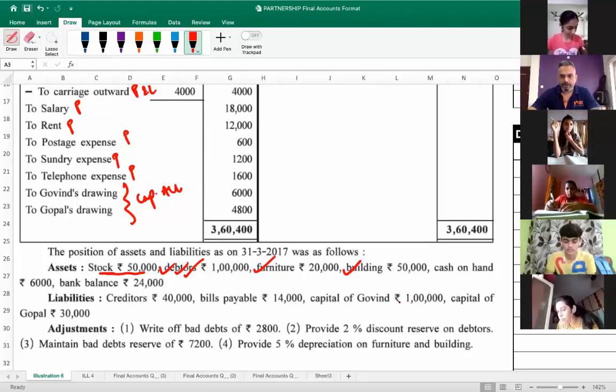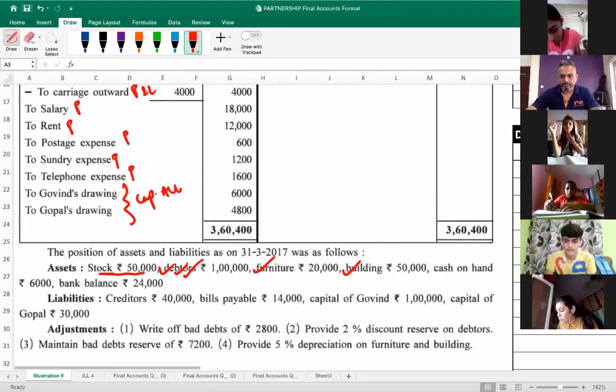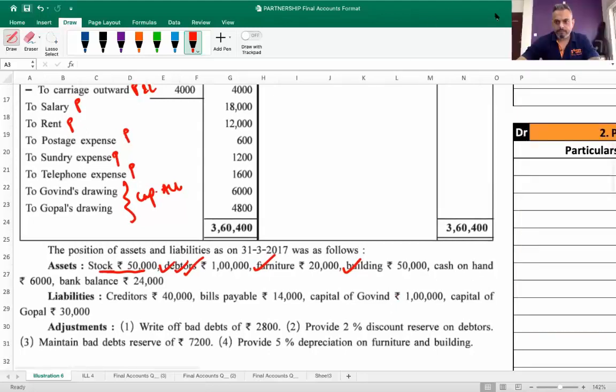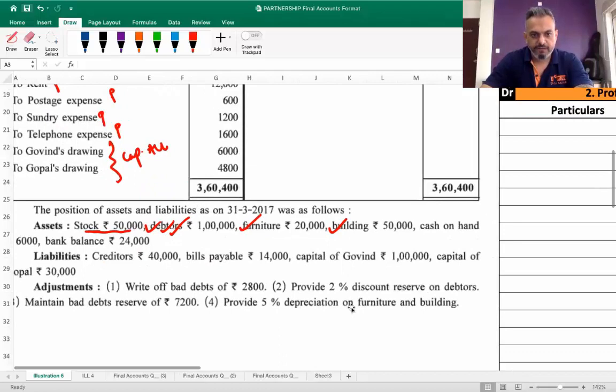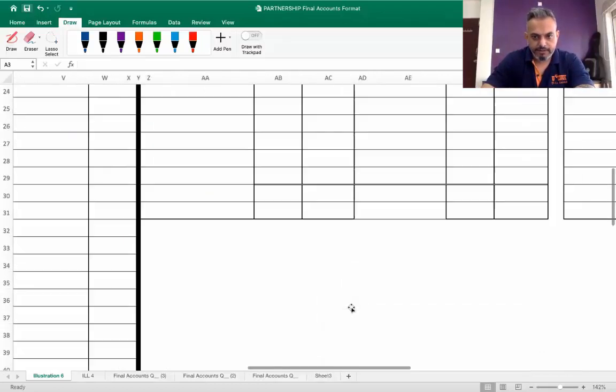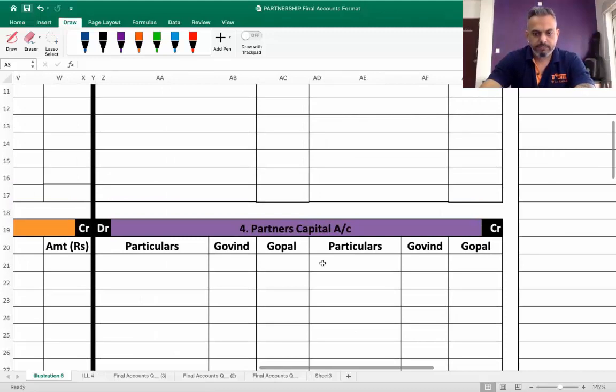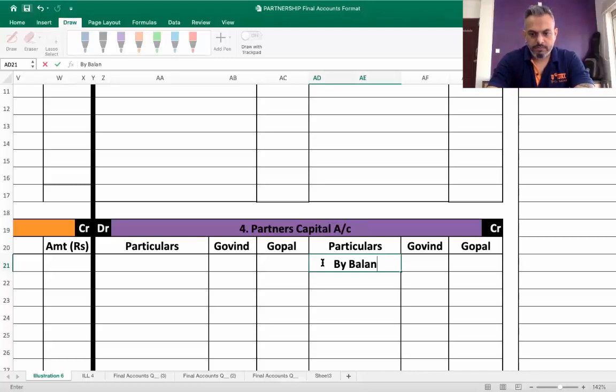Any doubt anyone? Should I start the sum now? Ready with the format? Okay. Let's start with capital के बैलेंसेस, हम पहले लिख देते हैं as we usually do. Govind 1 lakh and Gopal 30,000. Next,